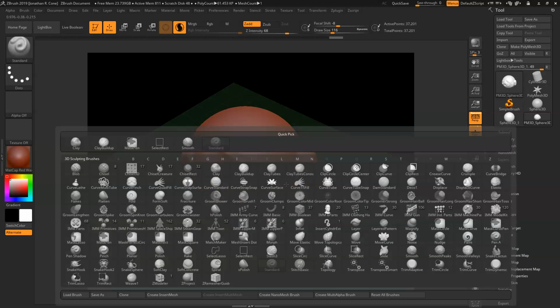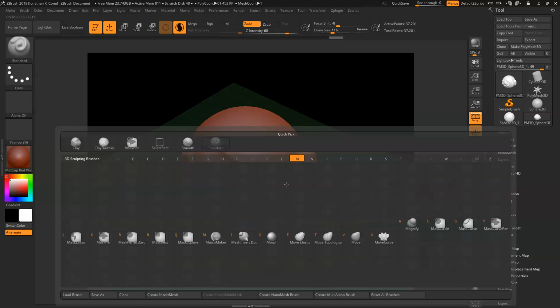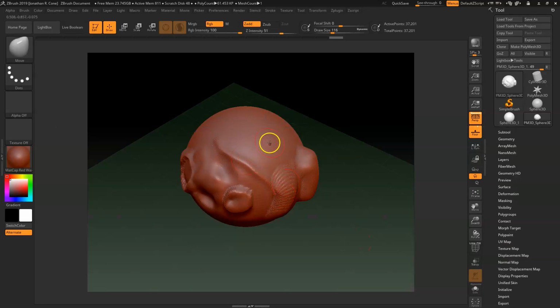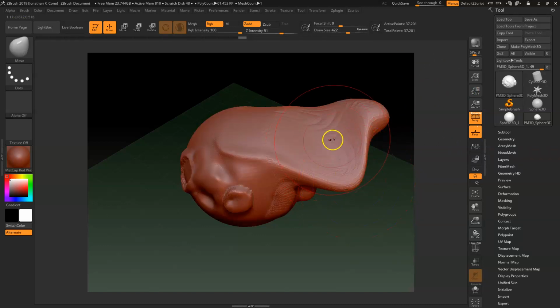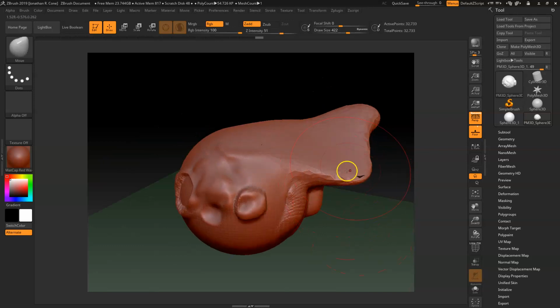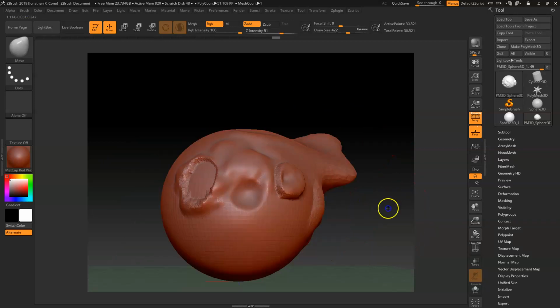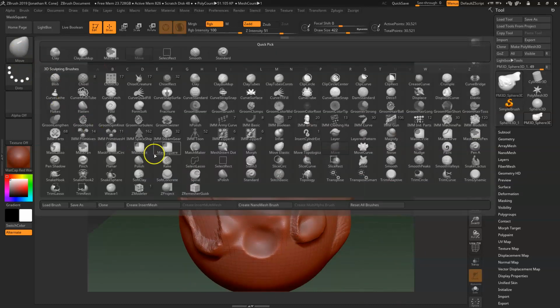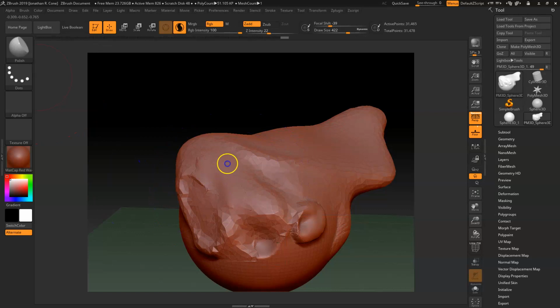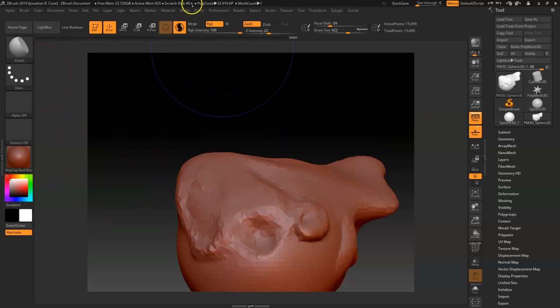But if I go B, and then M for move, and then I'll see it's the V, and I'll hit V. And then I can actually grab chunks of this, right? I need to shift that. There we go. And that'll allow me to pull it. So you can see there's all sorts of them, like polish, which is going to act a little bit weird because we're in this Sculptris Pro mode. But anyway,